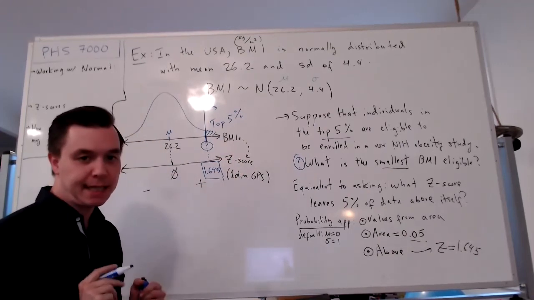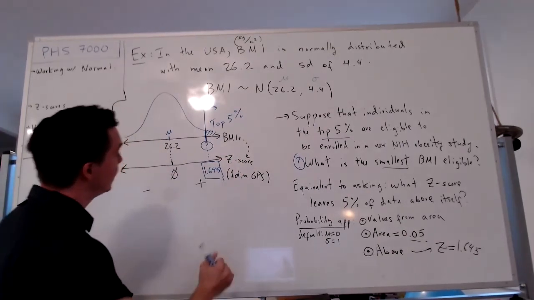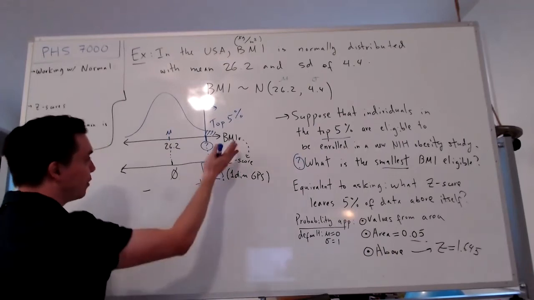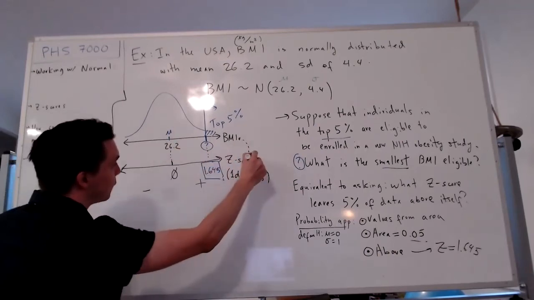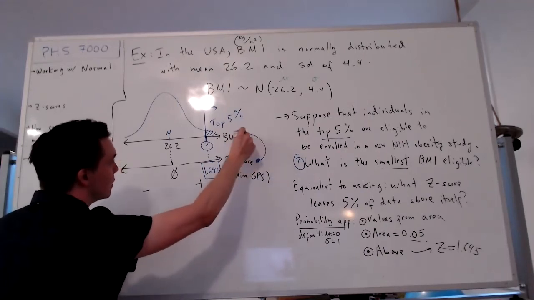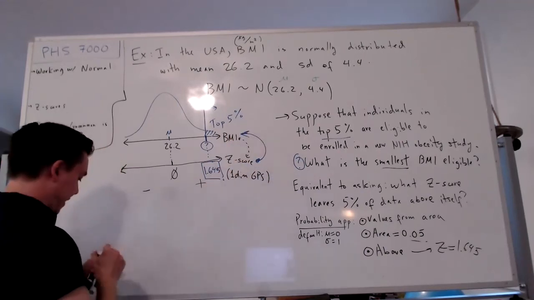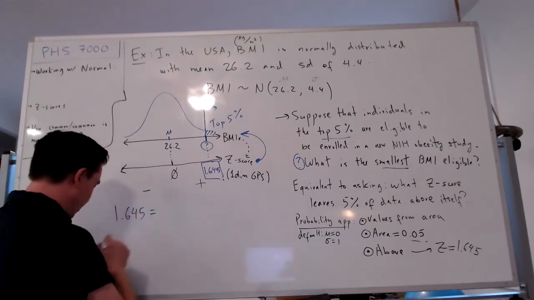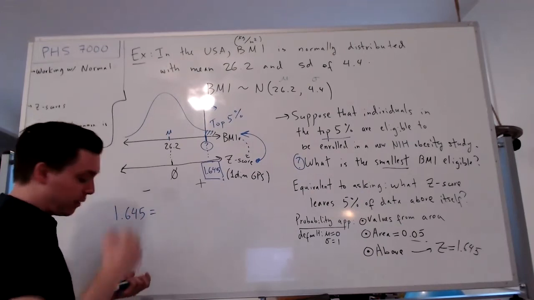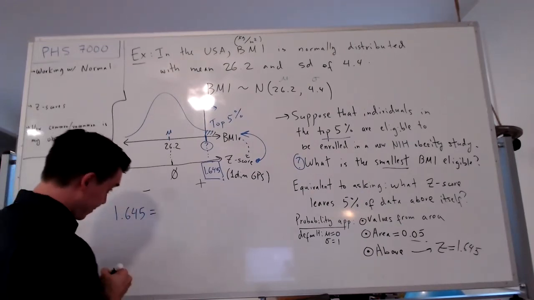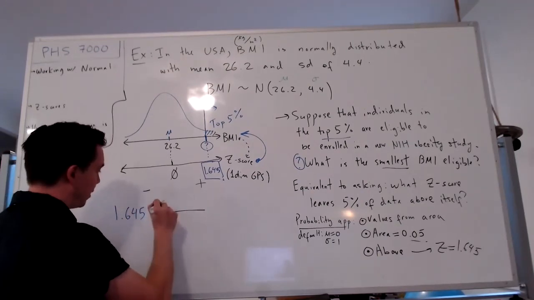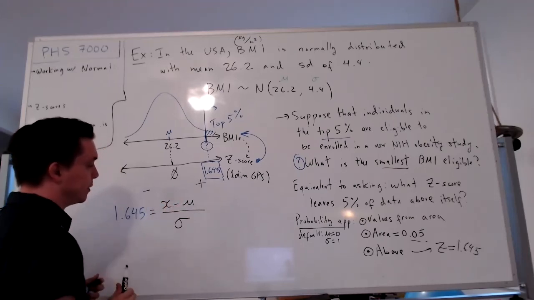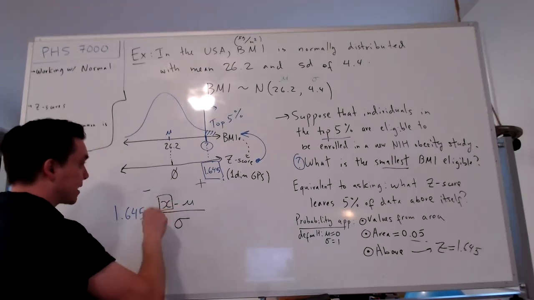Cool. Are we done yet? We're not. We're not done. Because we have a number on the Z-score scale. We now need to transform this back from the Z-score scale to the BMI scale. So I have 1.645 is equal to, all right, now we have to think back to the formula of the Z-score. Remember, it's X minus the mean divided by the standard deviation. So I'm looking for X,